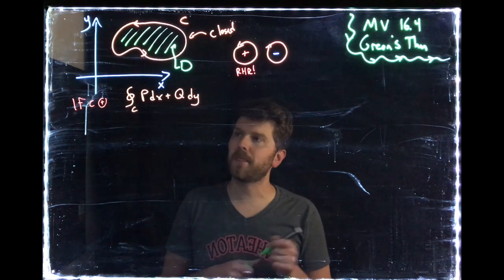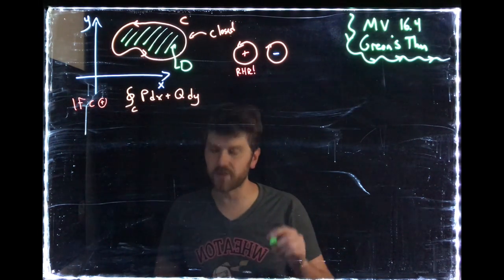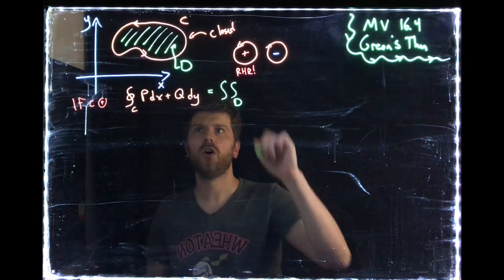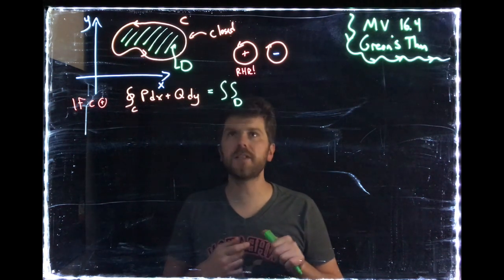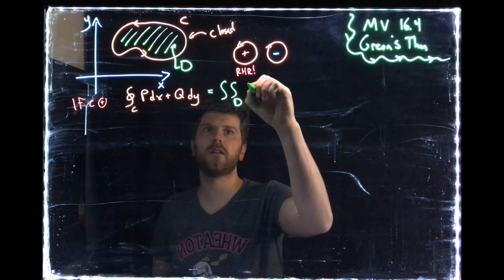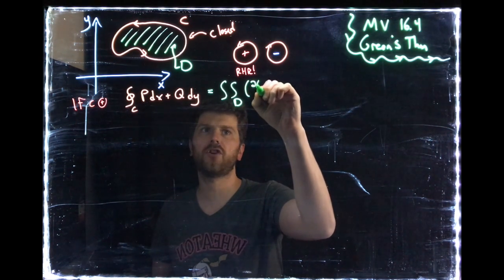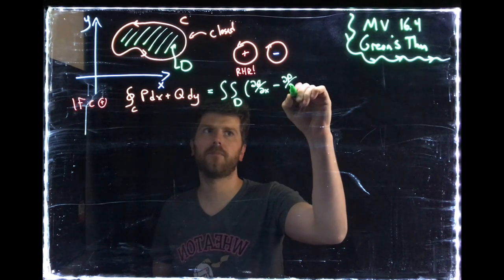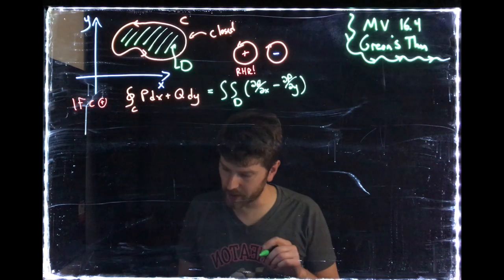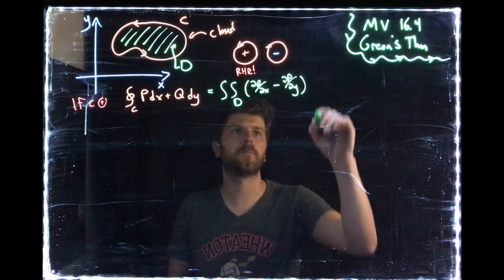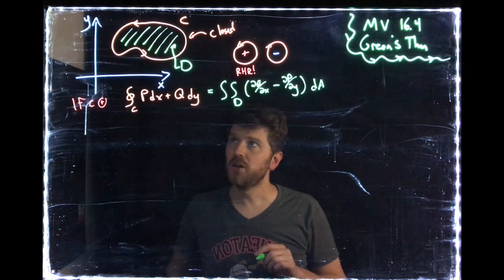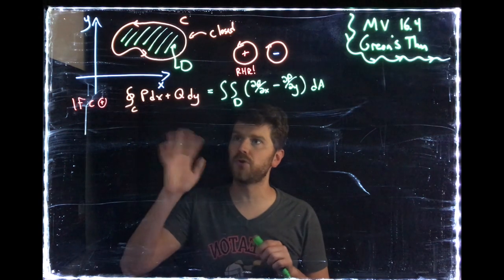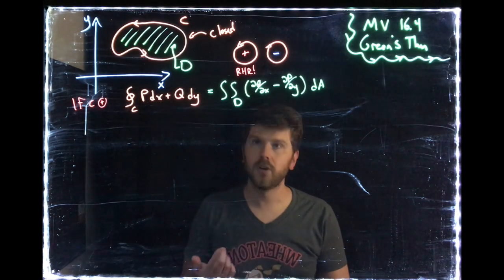then we make this claim that the line integral around the boundary of the whole region is actually equal to a double integral over the region enclosed. And specifically, the double integral that we get is the partial derivative of Q with respect to x minus the partial derivative of P with respect to y. So this is Qx minus Py dA. This is a really powerful formula because it basically gives you a choose-your-own-adventure. Which would you rather do? Would you rather do the line integral,